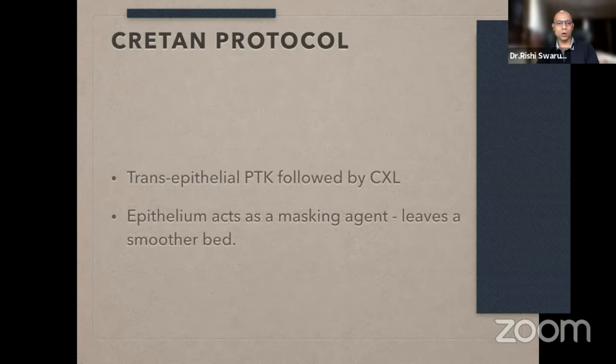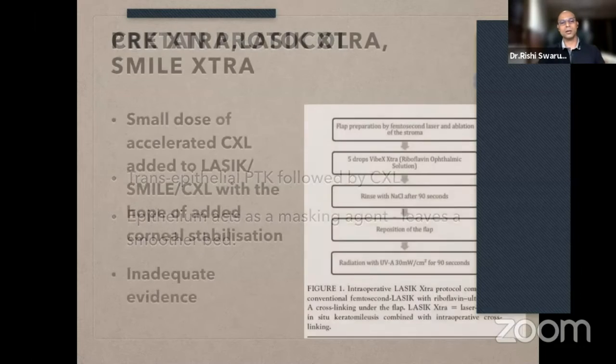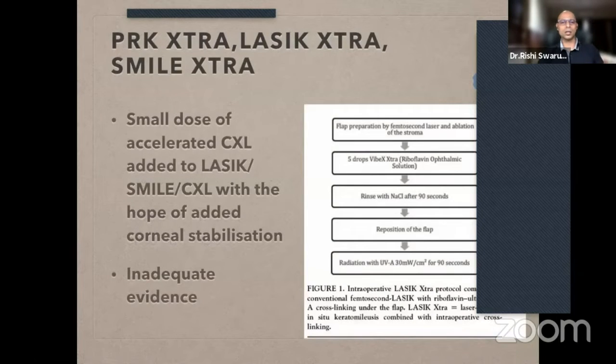The treatment protocol is basically a PTK, in which you must remember that the epithelium is thinnest at the apex of the cone. So at that apex of the cone, you're shaving a little bit of the stroma to regularize the cone, and then you're doing a cross-linking. So just ablate about 10-15 microns of the stroma at the cone, and that is known to give a wonderful